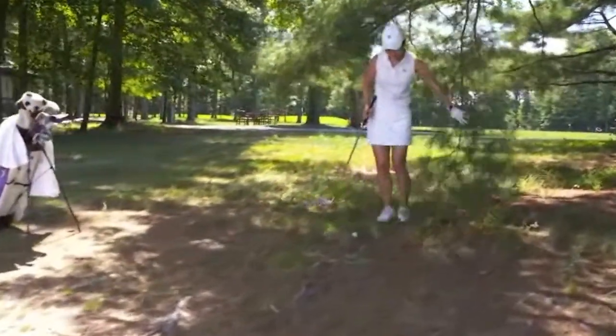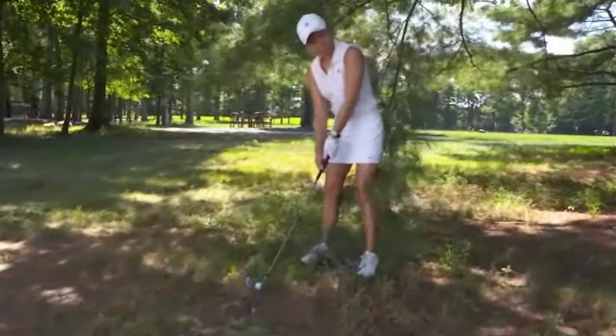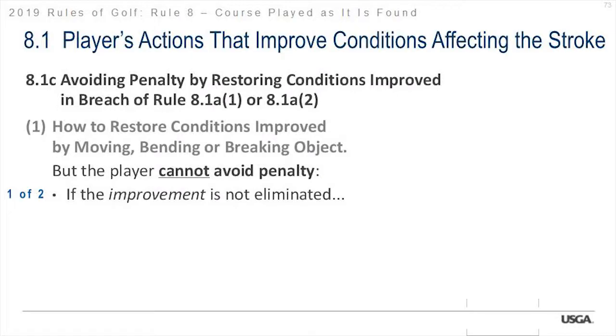She makes this stroke, she's going to be penalized. How does she fix it? We talked about it. Just move out, let it come back into position, and then take a different stance. She'll be fine. If the improvement is not eliminated, such as when a boundary object or branch has been bent